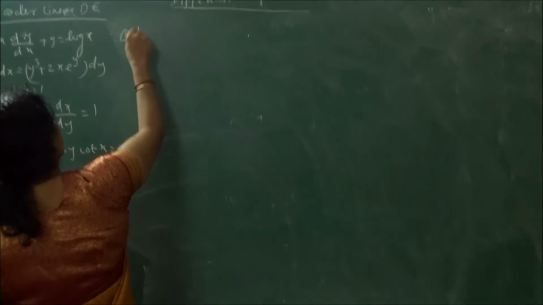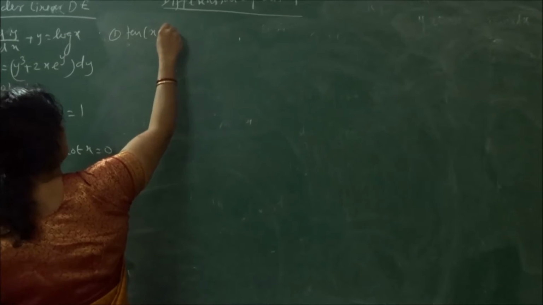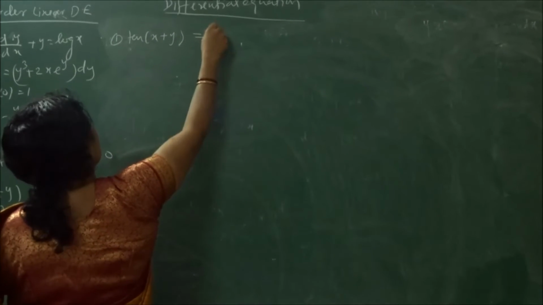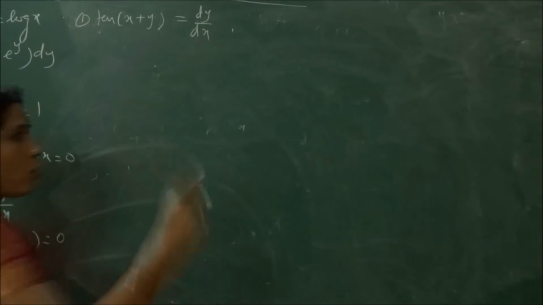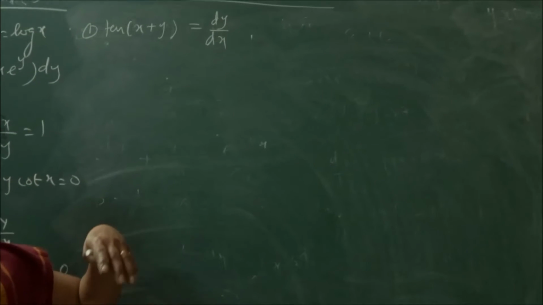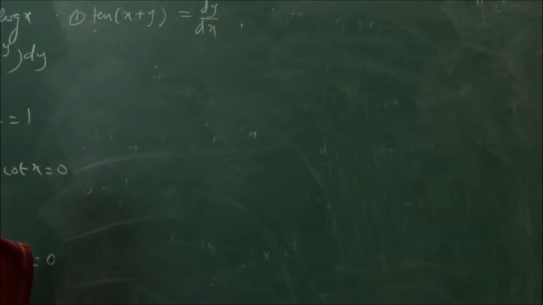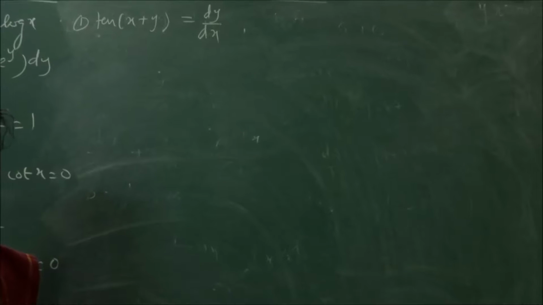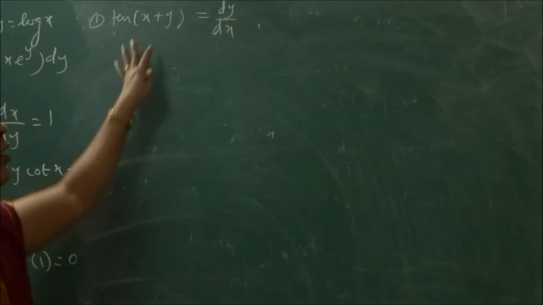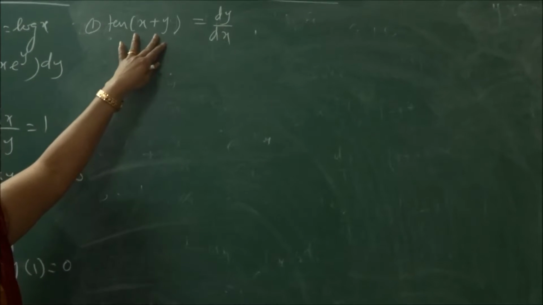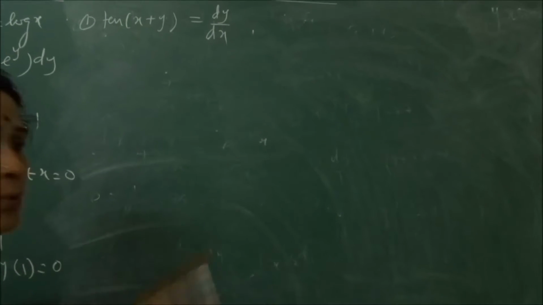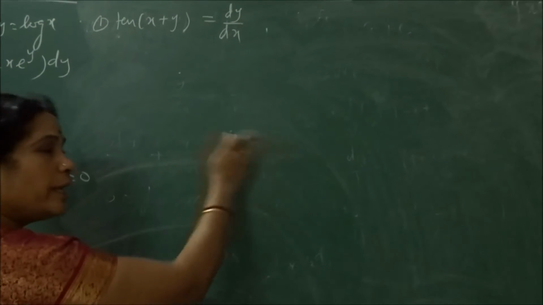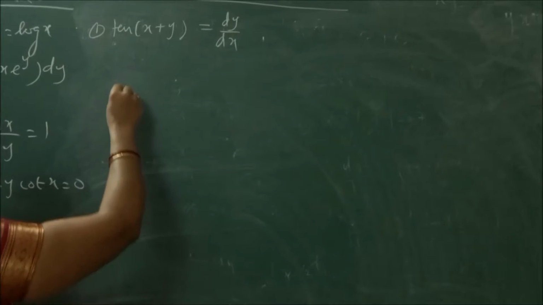Now let me see. Suppose, solve the differential equation tan(x + y) = dy/dx. Now it is not homogeneous, the degree is not symmetric. It is not first order linear, there is no single x, no single y. So you cannot make it variable separable. So what we have to do, now listen, to solve this differential equation,